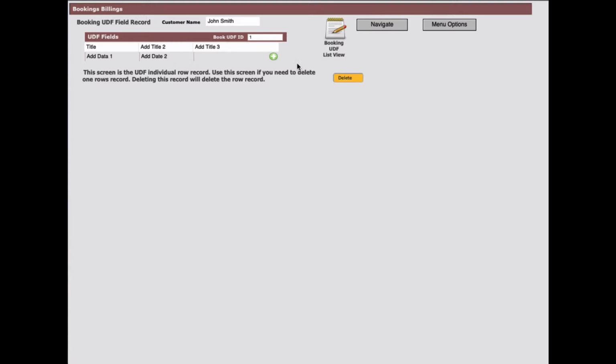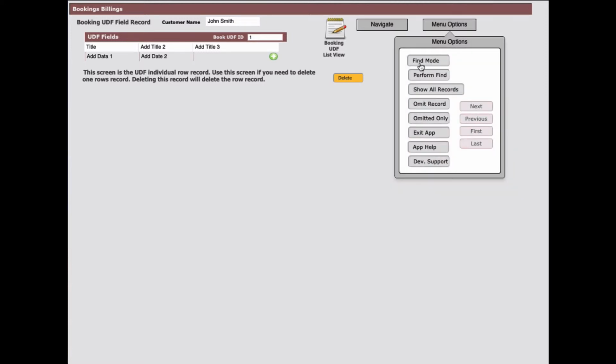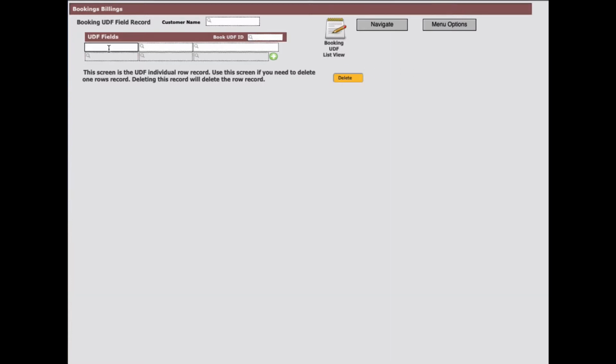So in this instance, when you come in here, you can go ahead and click on the option, and we've talked about this several times so far. You go into find mode, you pick some kind of a title or some kind of an input, and then you go ahead and put it in any field. It doesn't make any difference which one it is, because it's going to look for all the fields when you go into there. So for example, if I went into find mode and I put title, which is in one of the records,